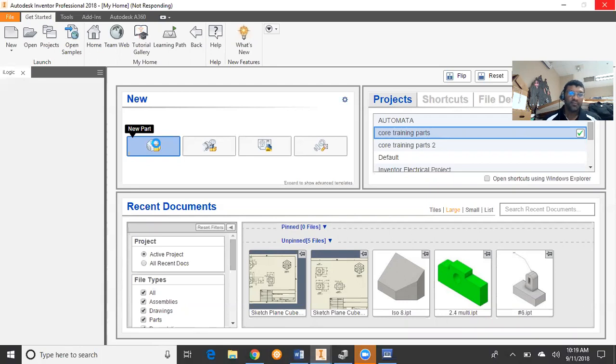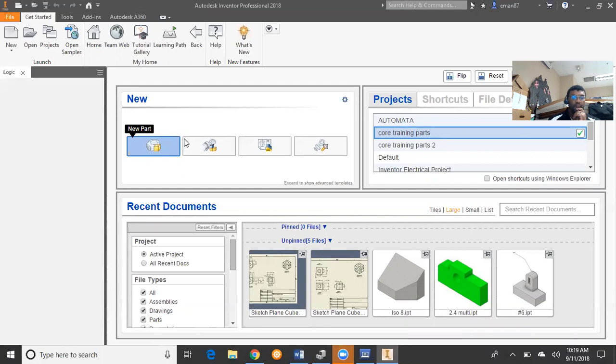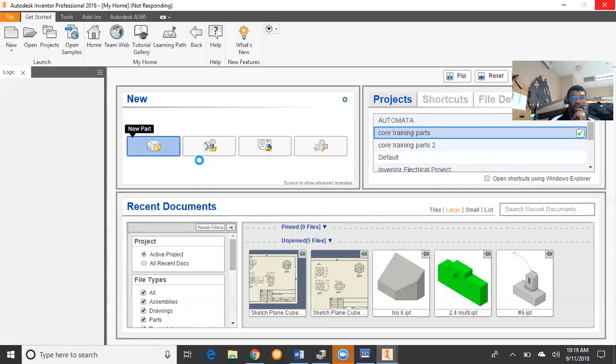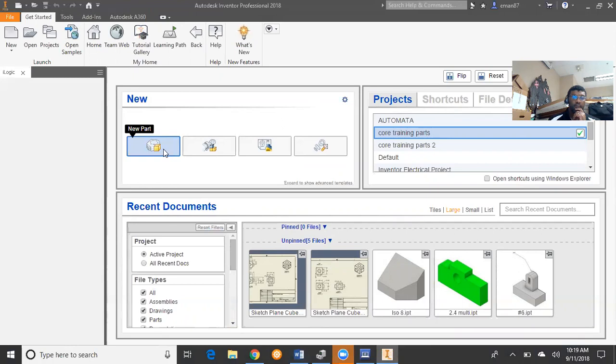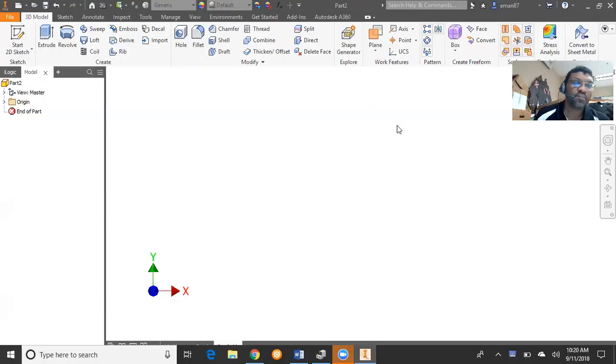A little slow in loading. All right, so now that we are into our sketch template,